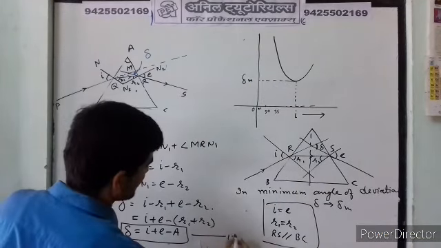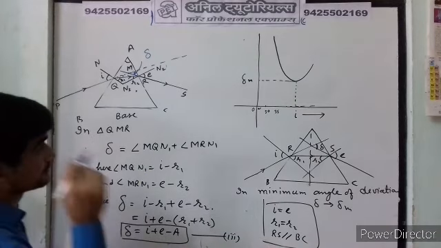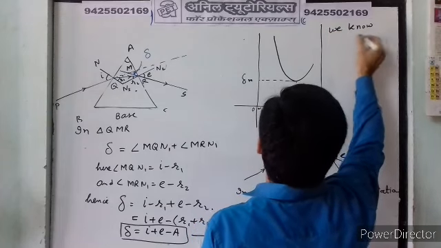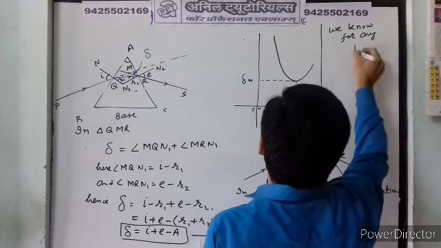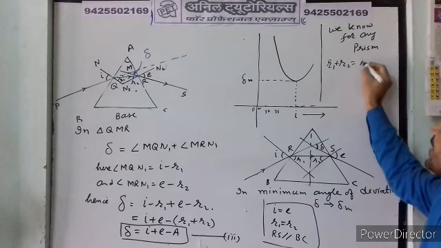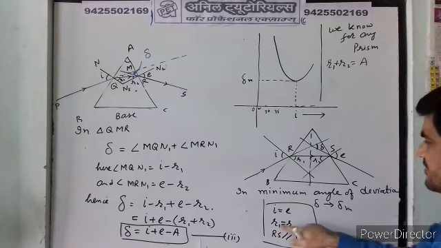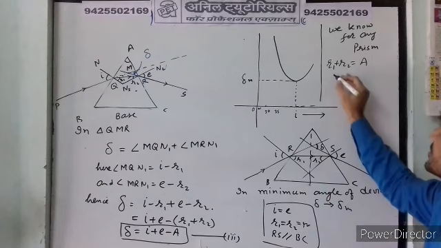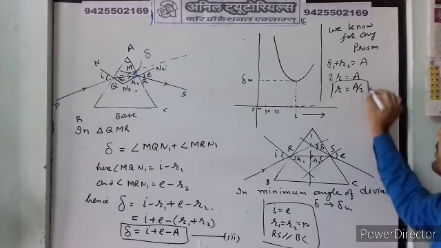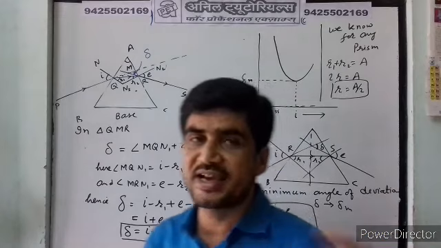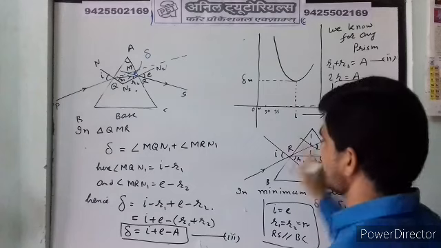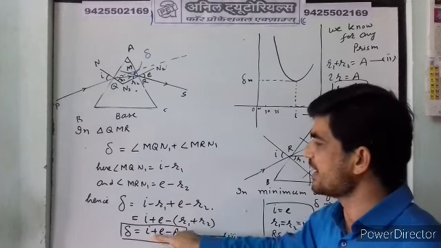So when you put these values in equation number 3, and we have equation number 2, we have observed r1 plus r2 equal to A. So when you put r1 equal to r2, say it is r, you get 2r equal to A, and hence we get r equal to A by 2. And since i equal to e, putting this in equation 2,